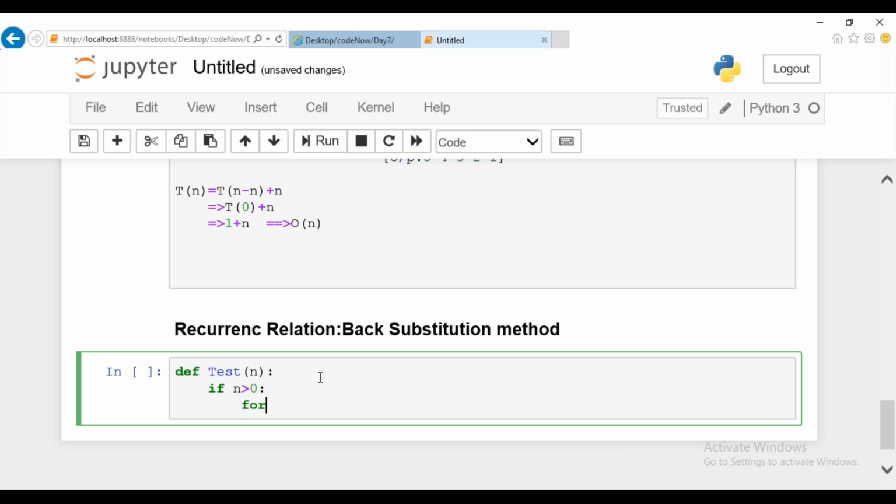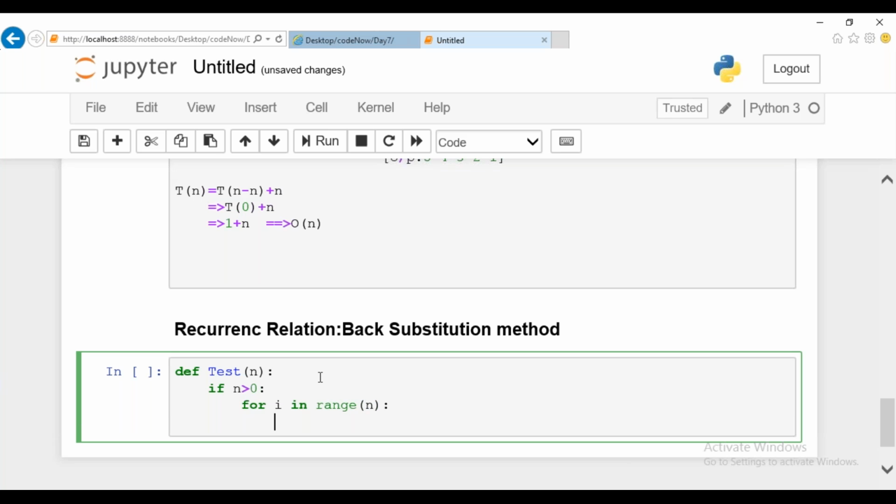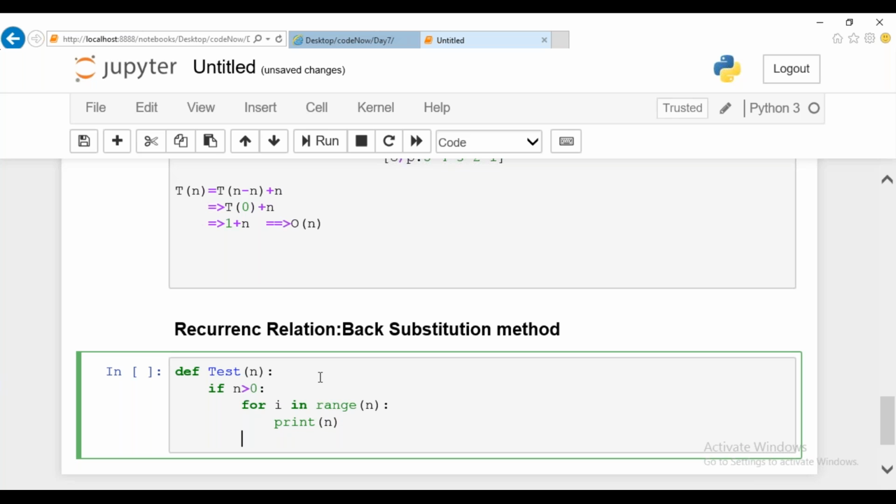let me have a for loop for i in range of n, and inside this let me print the n value, a very simple operation. After this, let us assume I'm calling this function again, the recursive function with n minus 1. It's the same program, guys.